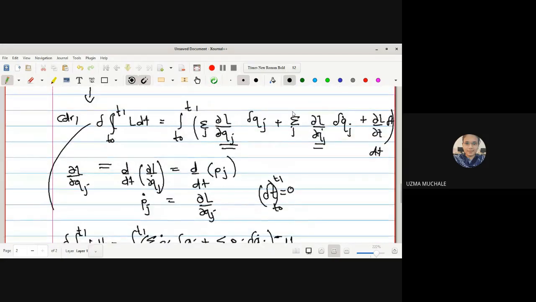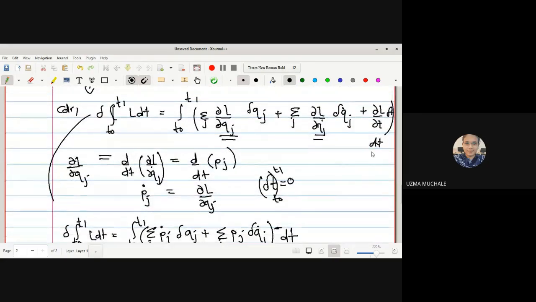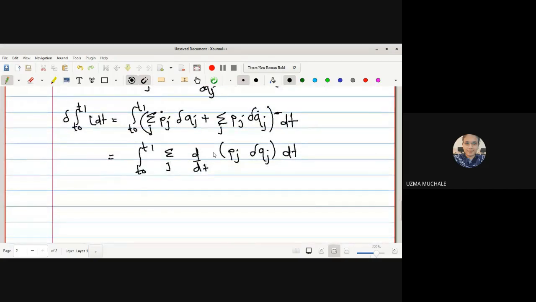Both are having the integration with respect to t. This dt I have written once again. Now you can see whatever adjustment I have done, we will get the same equation. The summation over j is common. Now if I want to evaluate the derivative of this term, d by dt,